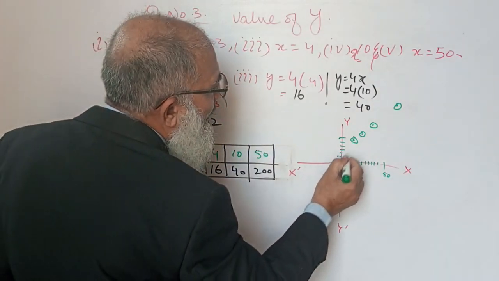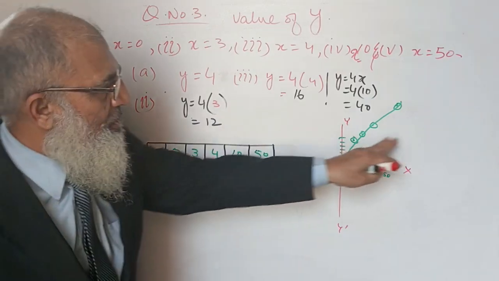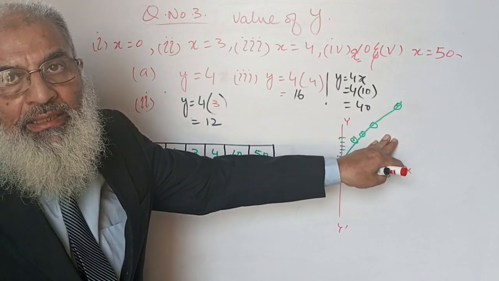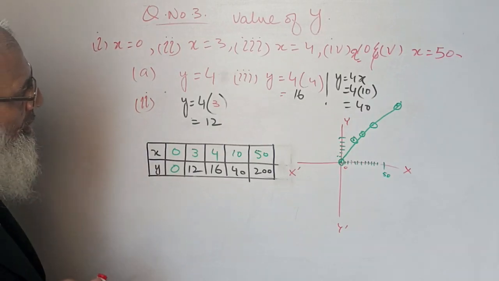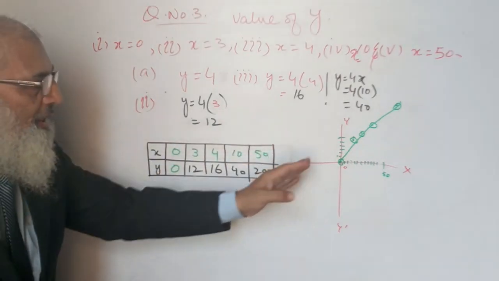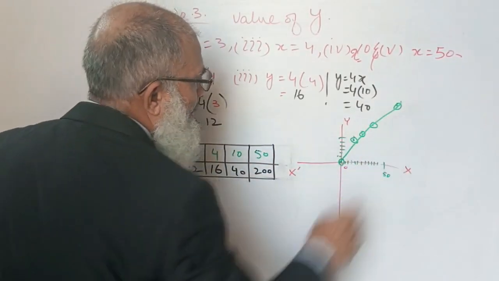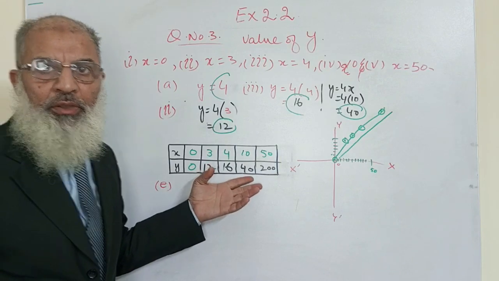And if you draw a line, it will meet all the points and you see that this is a linear graph. Now this was the example of the linear graph which we have already done. This is a little rough sketch. So dear students,